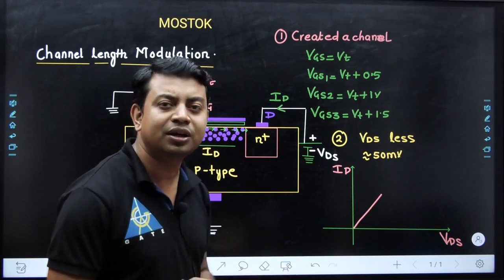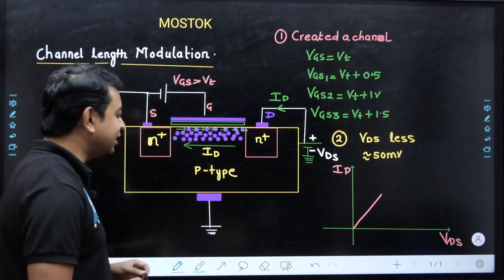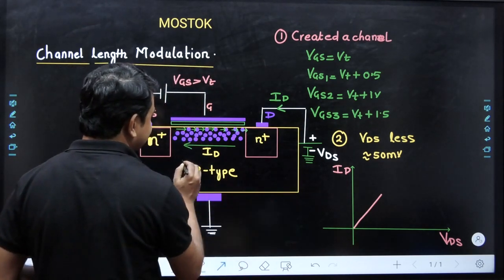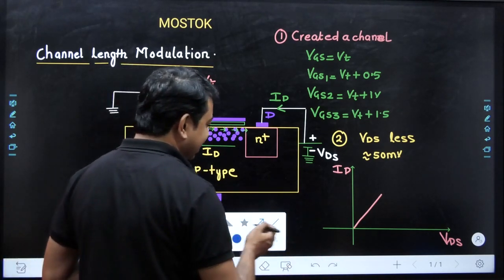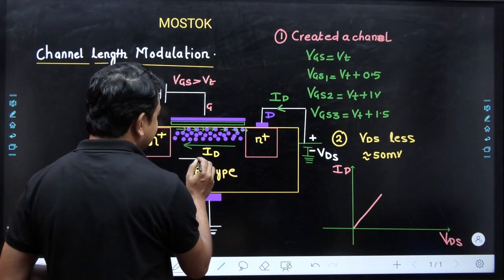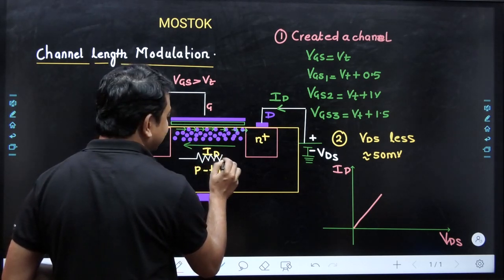So this particular characteristic gives us an idea that this channel is acting as a resistance, because this characteristic is only seen in Ohm's law, in which the voltage and current are directly proportional. I think you are aware of this one. So I am simply drawing an equivalent model so that you can have a better idea.